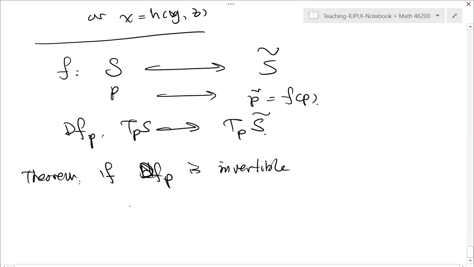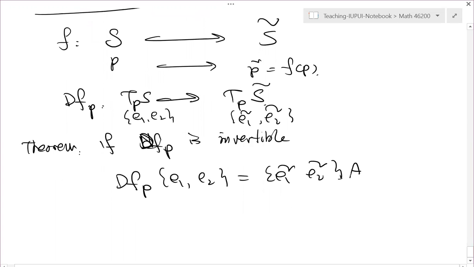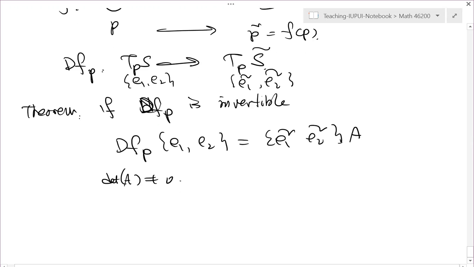For example, if you choose bases e1, e2 and e1 tilde, e2 tilde, then df_p in these bases is going to be a matrix A, and that means the determinant of A is not 0. This can be characterized by the matrix, since every abstract linear map can be expressed as a matrix. Then